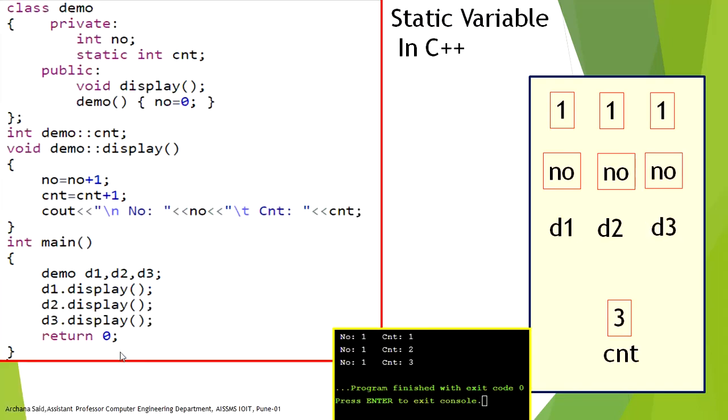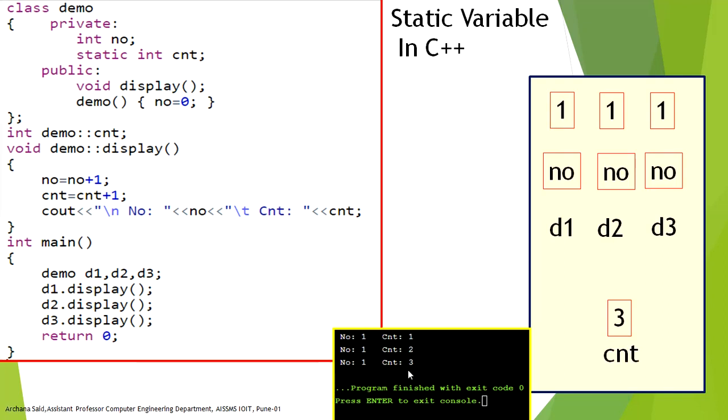Let's try with one more object. Suppose the third object we have created, and d3.display will increment the count from 2 to 3, but no is still 1, because d3 will have its own local copy of no. So at the end of the program, d1, d2, d3, these are the three objects which are existing in the program with its own local copy of member variable, or we can say a non-static variable which is having value as 1, and the static variable final value is 3.